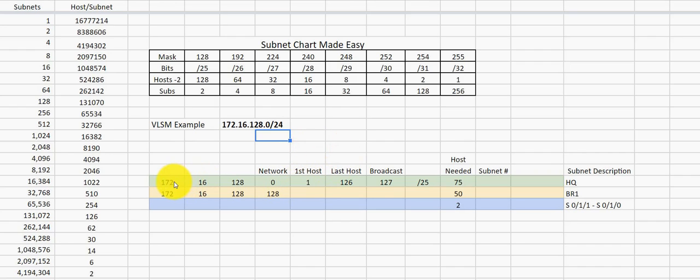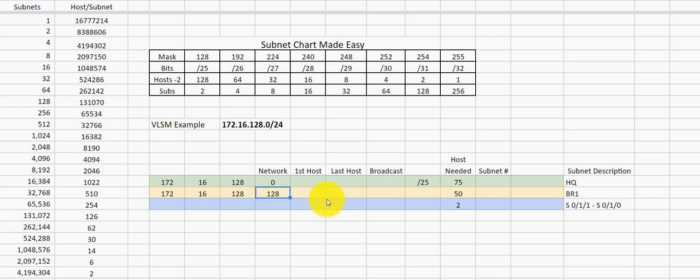So let's take a look here. We're going to write out our IP address on my chart here, 172.16.128.0. And I'm going to say we're going to subnet this at least once. So we're going to go ahead and halve it so that I can at least get my 128 hosts for the 75 that I needed. So I'm going to at least get 126, excuse me, that's hosts minus 2. So 128 minus 2 is our available hosts, but that's what some call the magic number, the 128. So we're going to write a /25 in here.